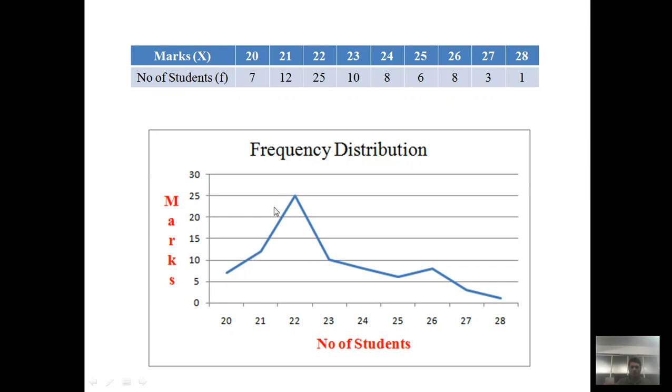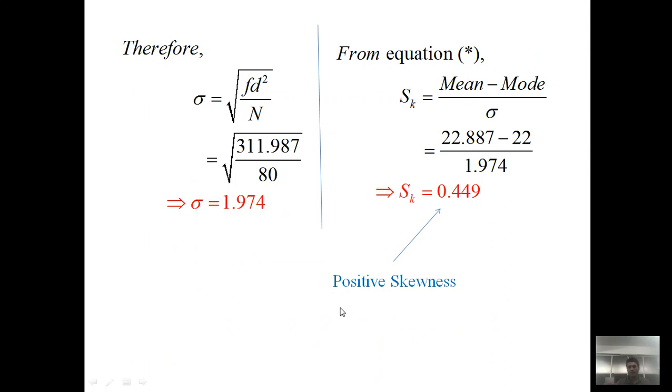And we obtain the graph and we see the nature of the graph, the peak value attained by the graph initially, then there is a right tail, as compared to the left tail, and we know that this type of graph is known as positive skewness. It attains the highest frequency at the beginning. So if we know the behavior of the graph, then we can also predict which type of skewness the data has.